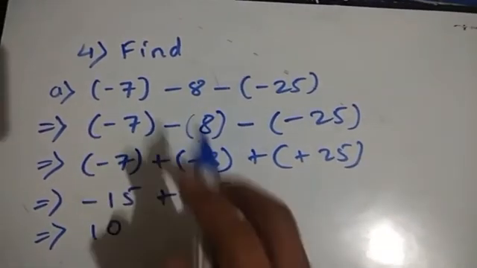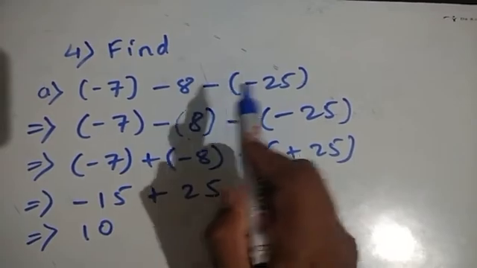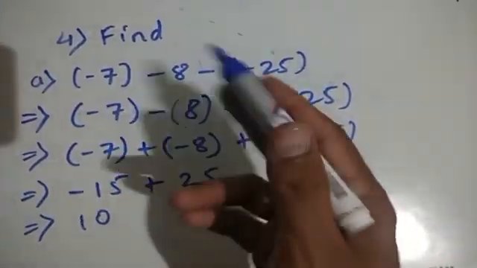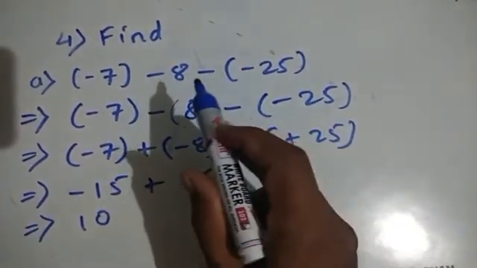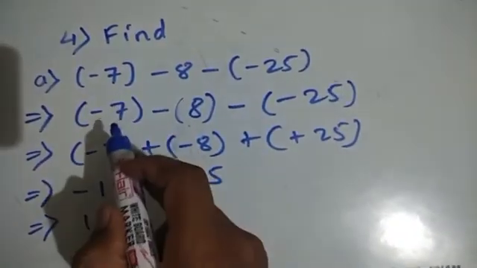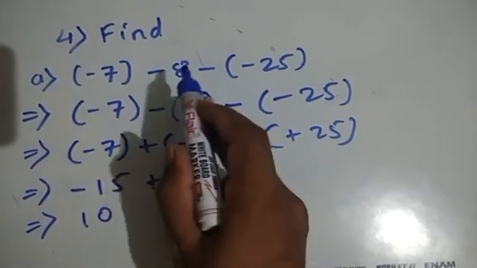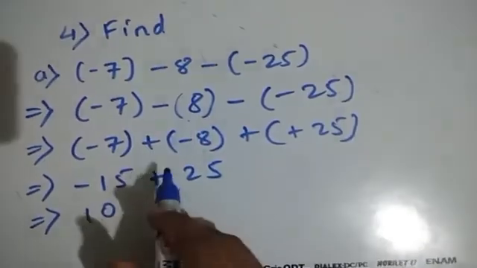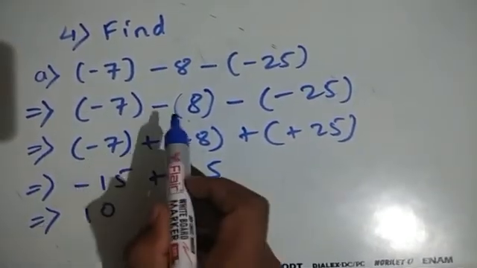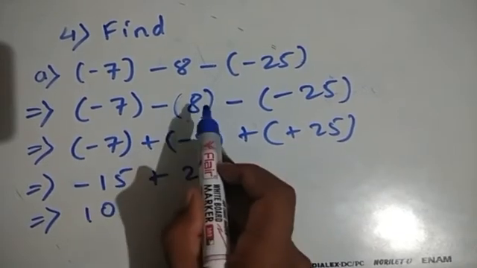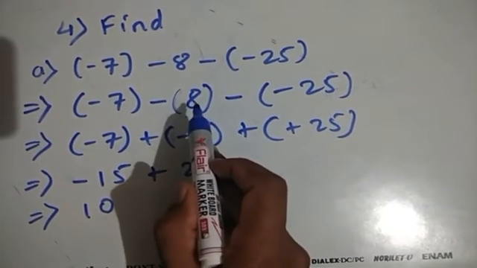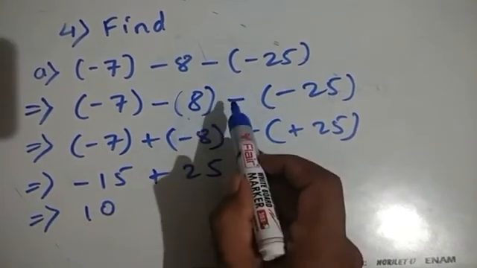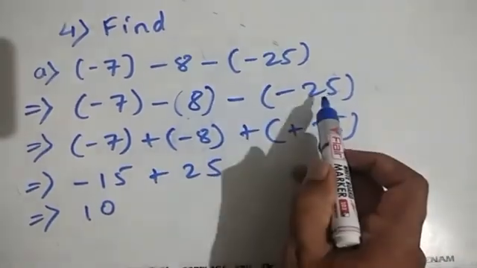Students, let's solve one more question. Find minus 7, minus 8, minus of minus 25. So here subtraction is there. That is why we'll convert that into addition and write the additive inverse of the subtrahend. Minus 7 I have written here. This minus in bracket 8 I wrote. This minus sign as it is, minus 25 as it is. Now this minus 7 as it is. Now instead of this minus sign, a plus sign, and that is why we have to write the additive inverse of this integer. What will be the additive inverse of this plus 8? Minus 8. This minus becomes plus, again the additive inverse of minus 25 is plus 25.